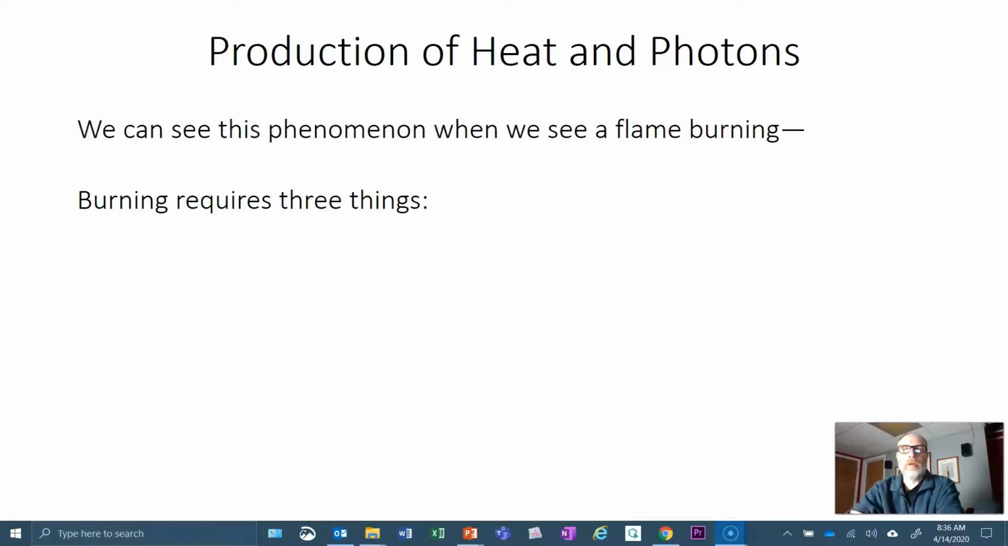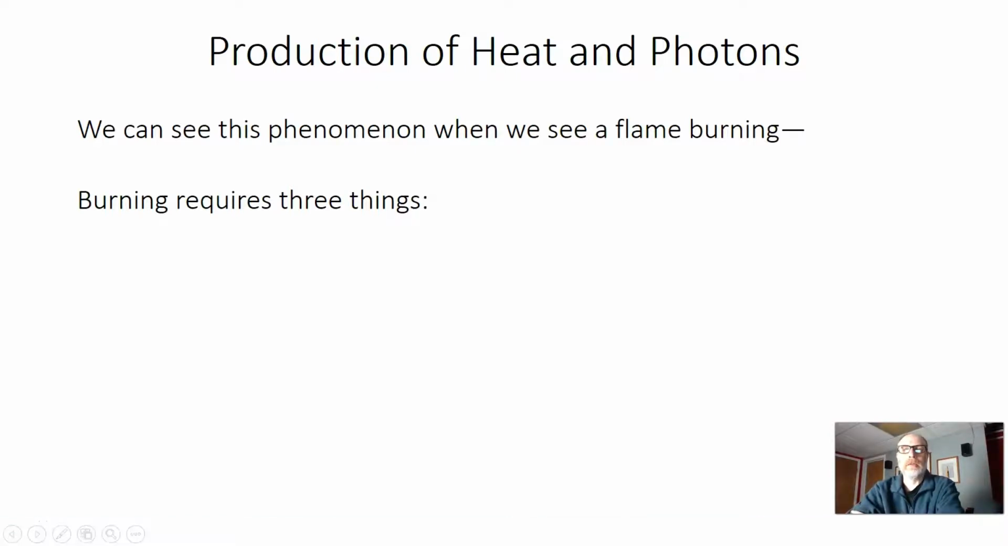All right, so we're going to talk a little bit about photons and heat and how those two things are generated in chemical reactions. And we've talked some about this already. We're going to talk about it in terms of a couple other demonstrations. And so before we get there, we need to understand that burning, or the process of combustion, requires three different